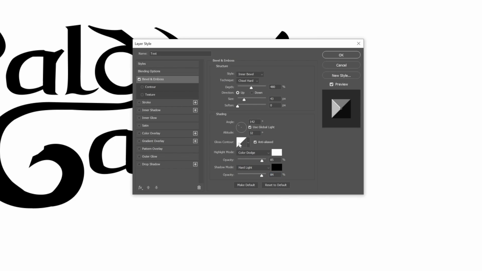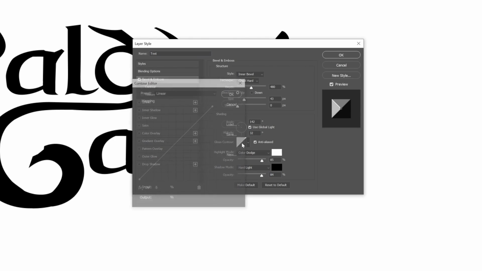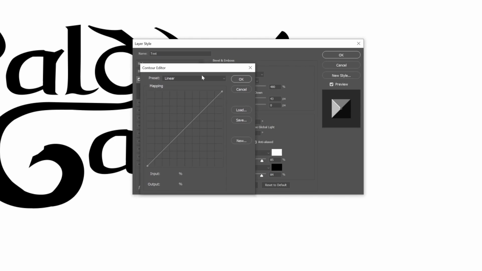Next, let's click on the Gloss Contour square and make some changes in the Contour Editor. For our first point, we want to put the input at 4% and the output at 18%. Create a new point by clicking on the line. For this input, we want 34% and an output of 67. Click again to create a new point, and we're going to create this input at 54% and the output at